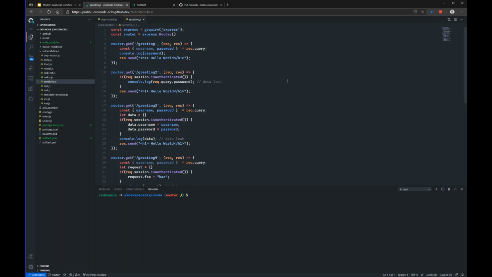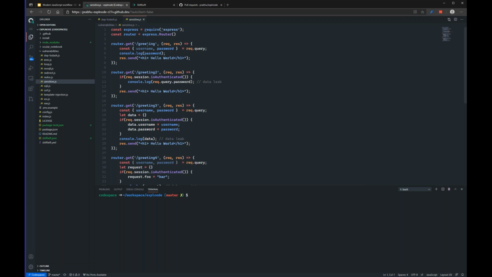People have lost their job for leaking sensitive information in the logs. So the sooner we can detect these leaks during the development coding phase itself, the amount of time saved is massive, right? So what I have is a JavaScript file, sensitive.js, and this is an express.js file, and I have